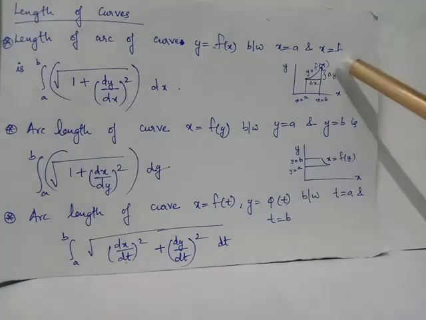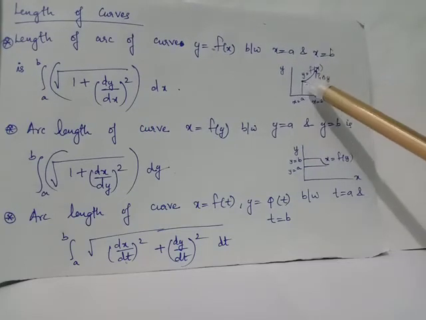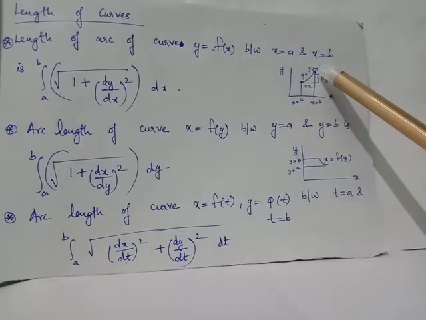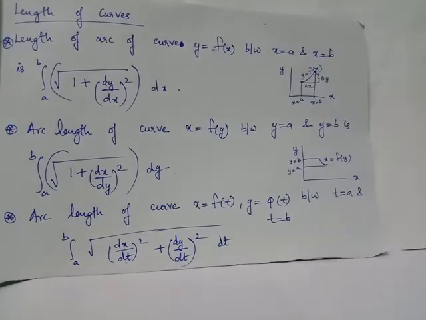You can approximate the function y equal to f of x by the hypotenuse for this triangle. We know that base is delta x and the height is delta y. So the hypotenuse will be delta x the whole square plus delta y the whole square, and the square root of the sum of squares. If you take out delta x common outside from the expression of hypotenuse, it approximately looks like the same expression.